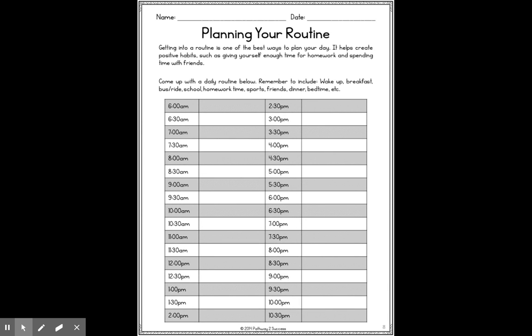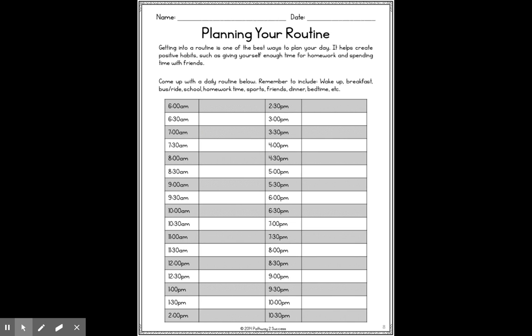Next is planning your routine. Getting into a routine is one of the best ways to plan your day. It helps create positive habits such as giving yourself enough time for homework and spending time with friends. Come up with a daily routine below. Remember to include wake up, breakfast,